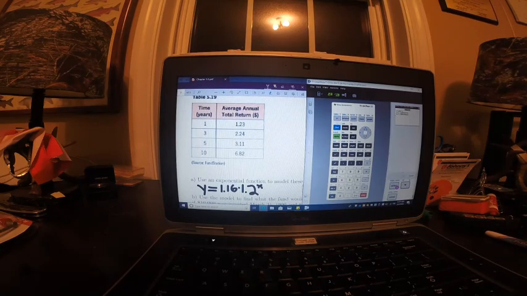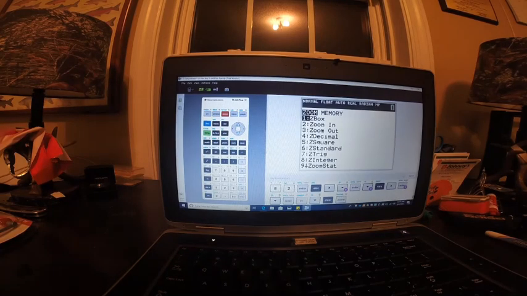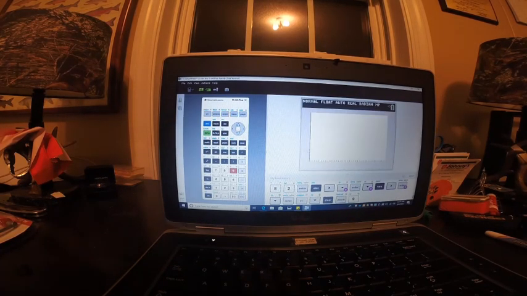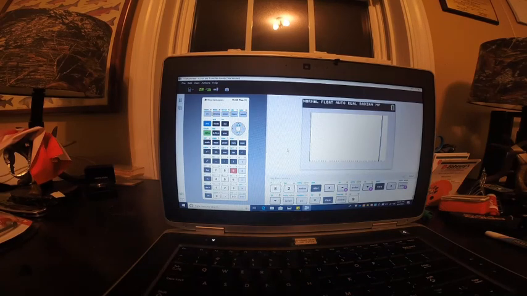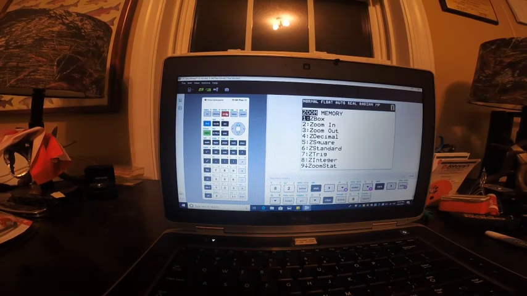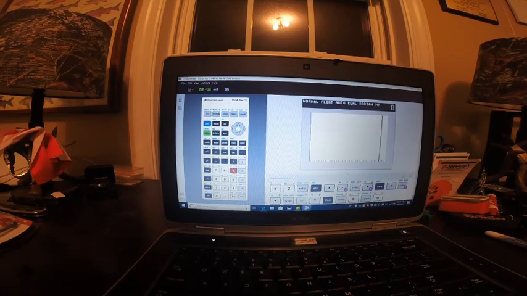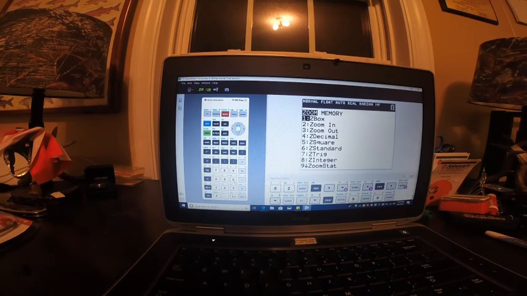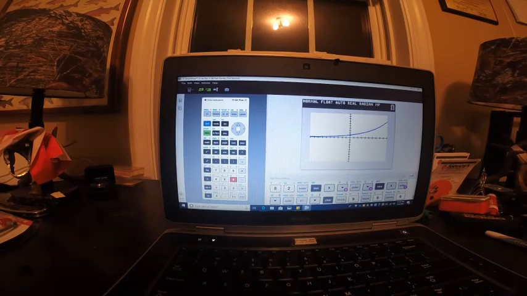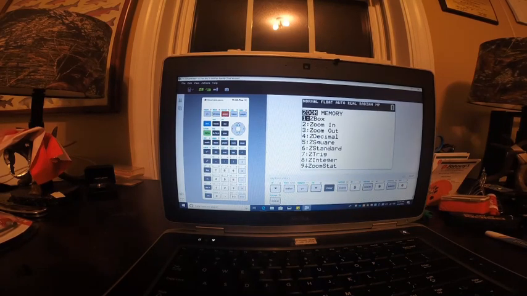Okay. Now, if I go over here to y, I'm going to clear out the second y one. I don't need it. That first one's the one that's stored in. I'm going to do zoom stat. When I do zoom stat, it did a terrible job. What did I do wrong? Zoom stat. Okay, I'm having some serious issues here. Let's go back to zoom standard. Alright, there's zoom standard. Now if I do zoom stat again,